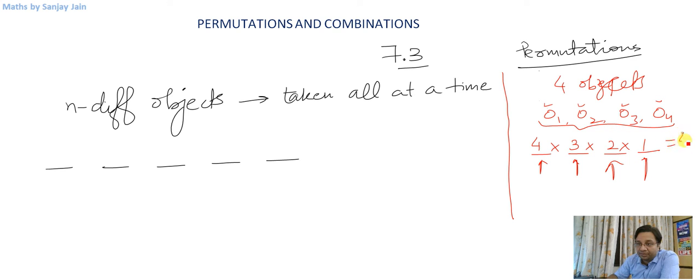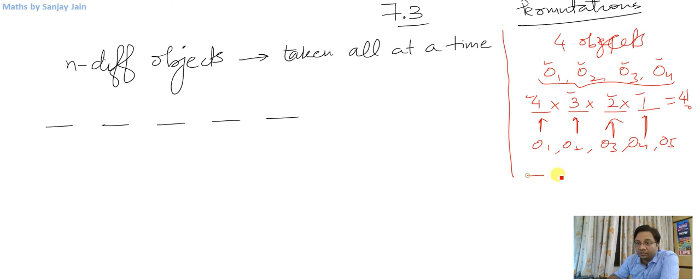So these were the possible number of arrangements in a row using four different objects all at a time. And what is this number? This is 4 factorial, if you notice. 4 into 3 into 2 into 1. Right? Similarly, if you have got 5 objects, O1, O2, O3, O4, O5, these are all different objects. Now if I arrange them in a row at 5 places, so what I am doing is I am using all at a time. So this place can be filled in 5 ways, 4 ways, 3, 2, 1. So this is nothing but 5 factorial ways.